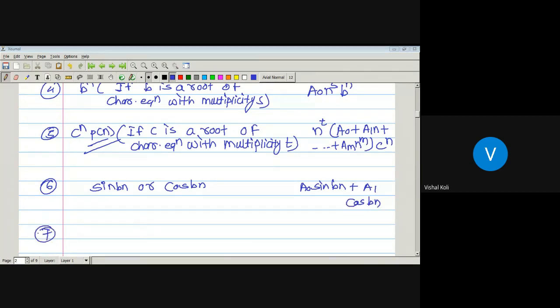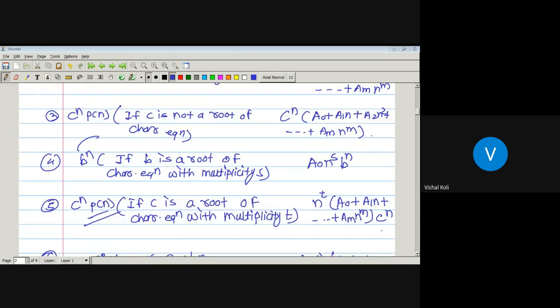Last one is, suppose, b raised to n into sin bn or b raised to n cos bn, then its corresponding trial function is b raised to n, a naught sin bn plus a1 cos bn. Okay, so these are some particular types of f of n, and in that case we have the corresponding